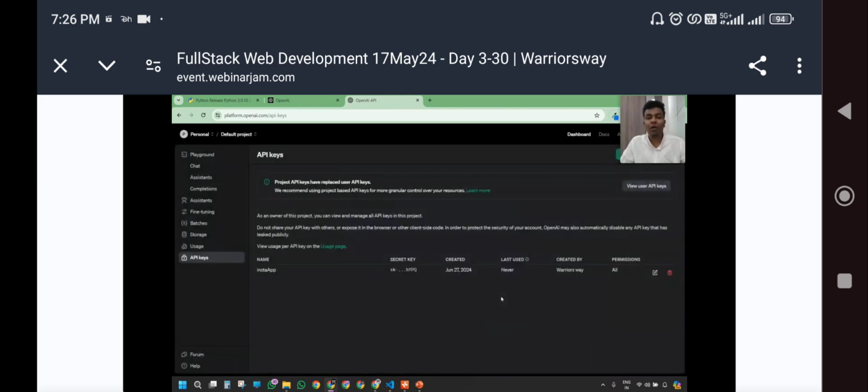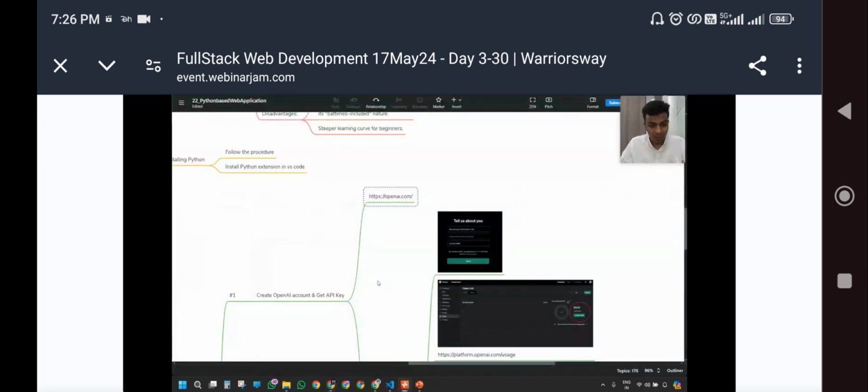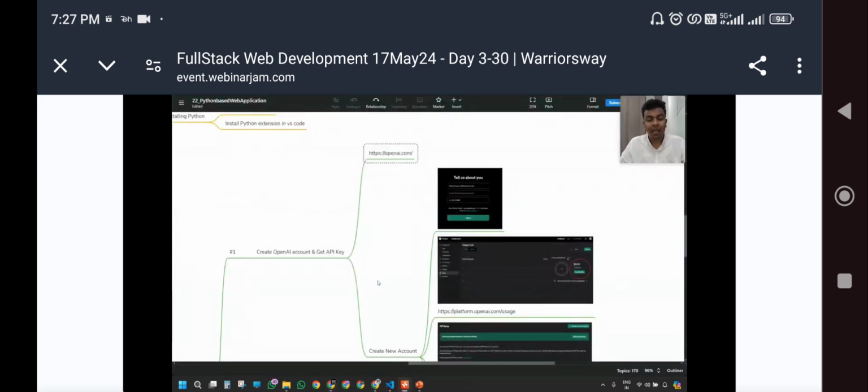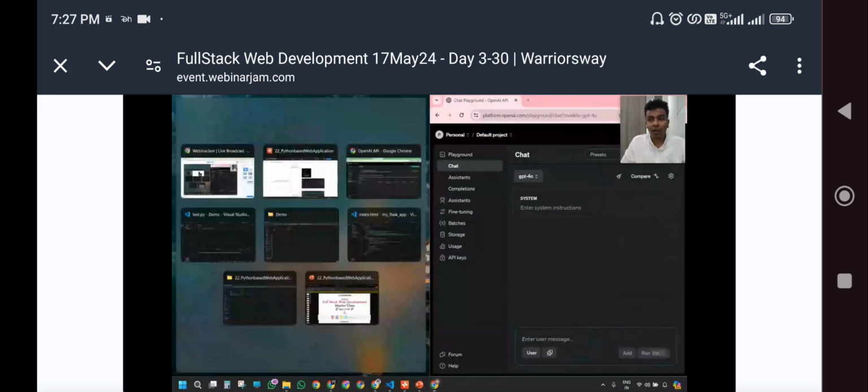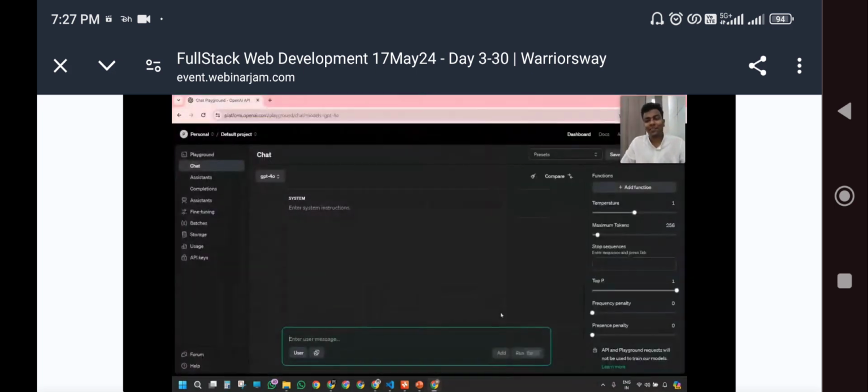This is going to be your second step. You should create an account in ChatGPT, and you should create an API. Are you clear? So this is the step. I would like to show you this in a minute. Now I'm going to use a different account, because I've already paid for it. I've used all my free credits and I've paid for it.